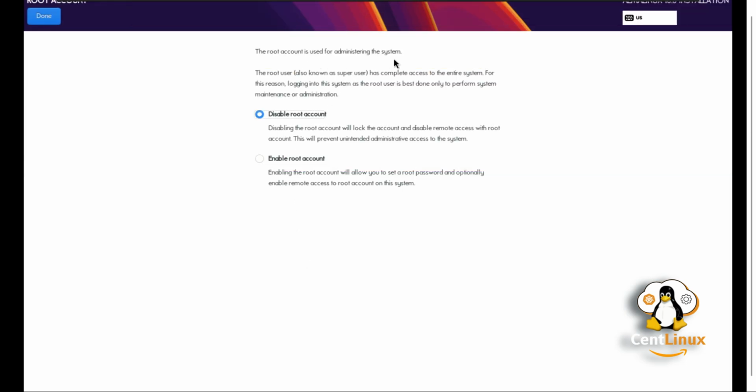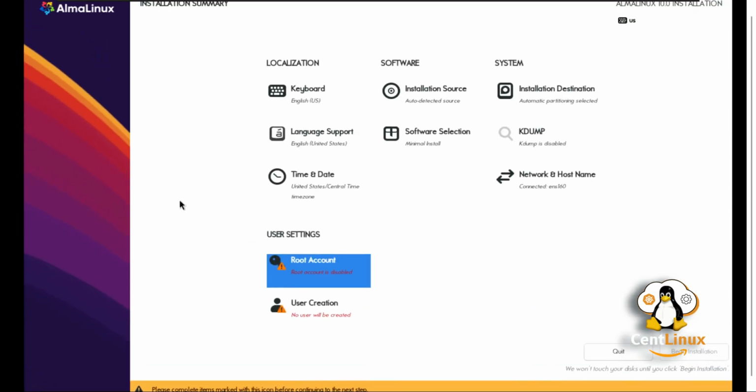Lock down the root user and set up a safer, alternate admin account for system management.